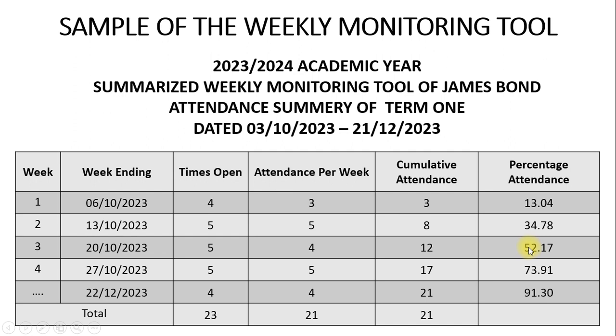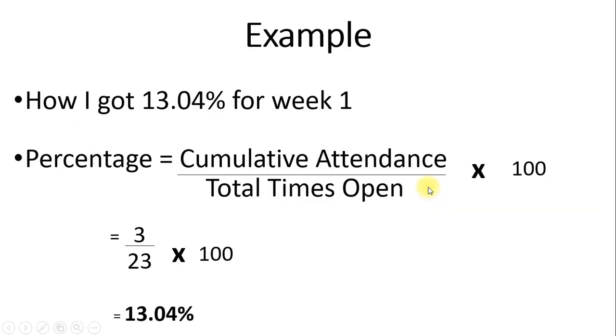So remember that you are to attend school 90%. That is, when we check your attendance, it's supposed to be 90% plus. Then it means that you have achieved your goal. But less than that is not accepted by NTC. So in the preparation of this weekly monitoring tool, please tell us the truth, and the truth shall set you